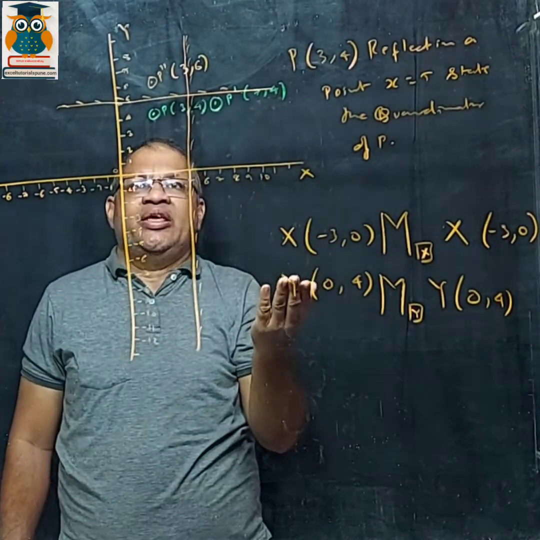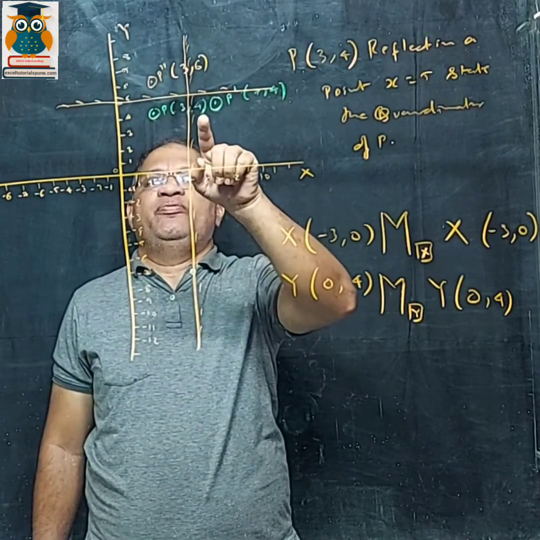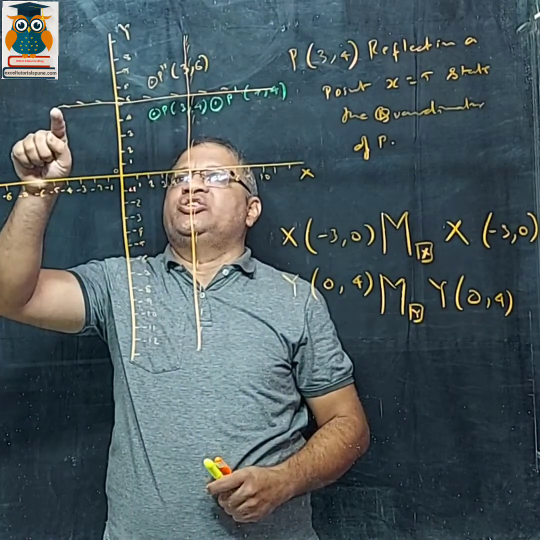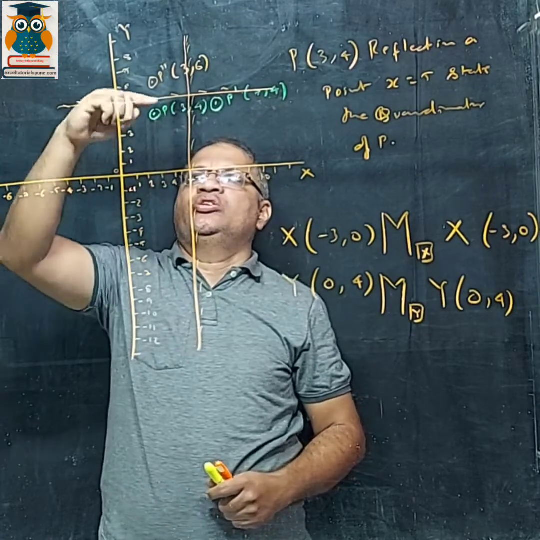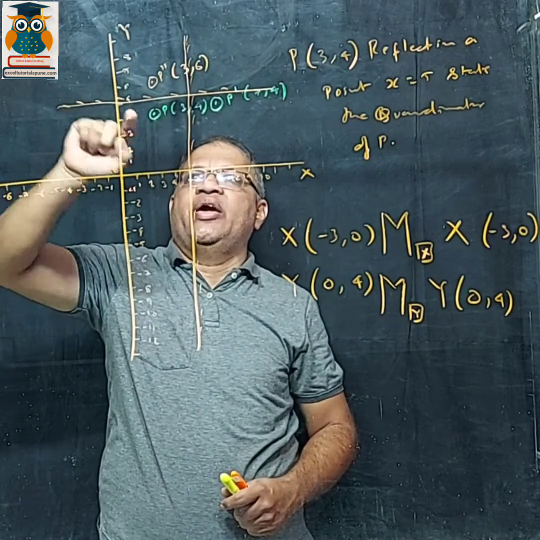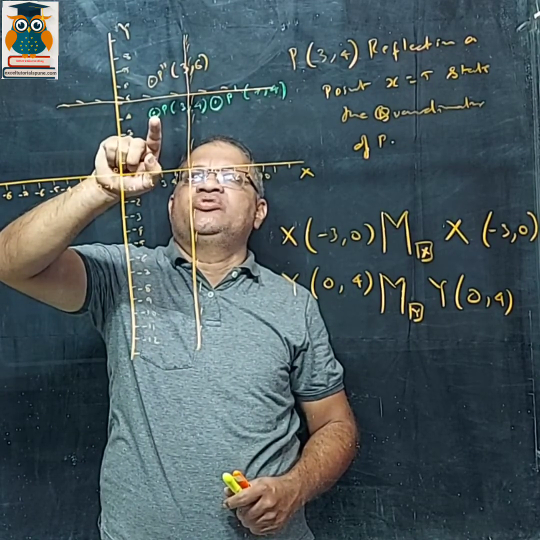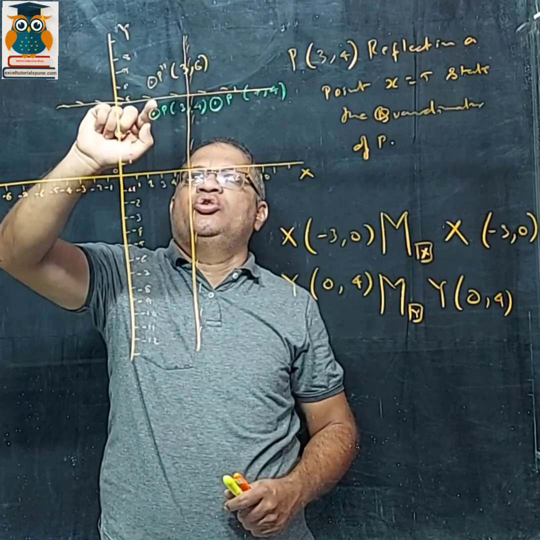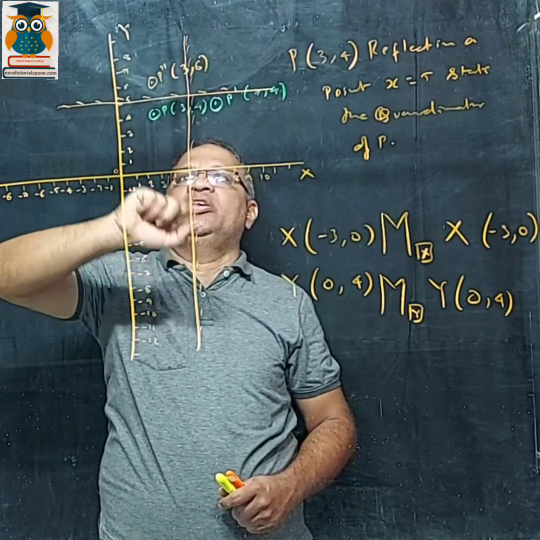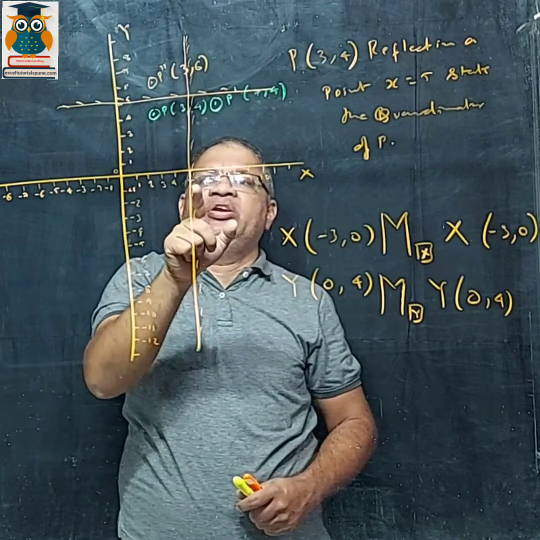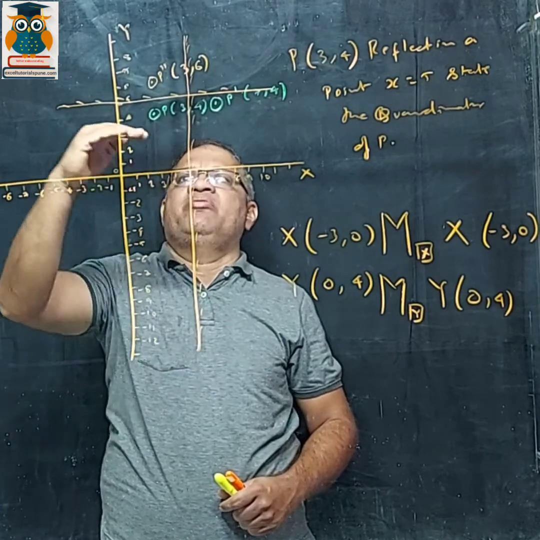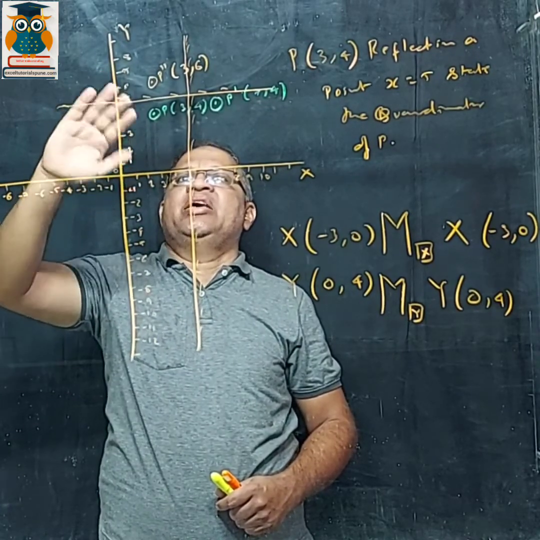Another example: supposing this point P (3, 4) is reflected in the line y = 5. y = 5 is over here, so the line is over here. You draw a line passing through y = 5, and this point is reflected in that. Whatever distance from here to here, that much distance on that side. From here to here is one distance, so here also one distance. So it will become (3, 6). As you have seen over here, the x remains the same, y changes. So whenever it is reflection in the x-axis, the y changes, and whenever it is reflection in the y-axis, the x changes.